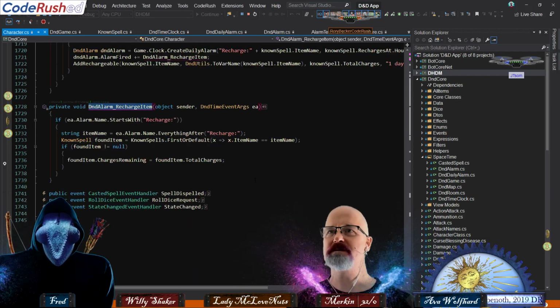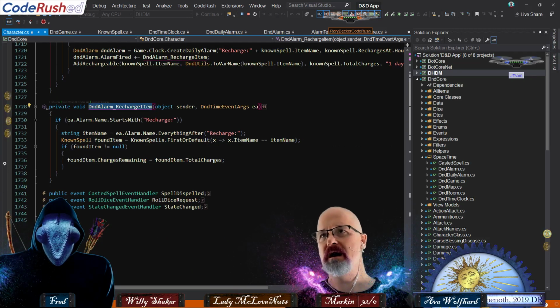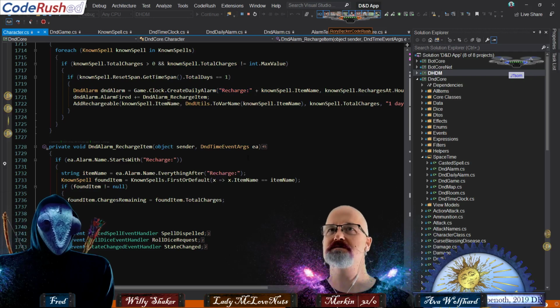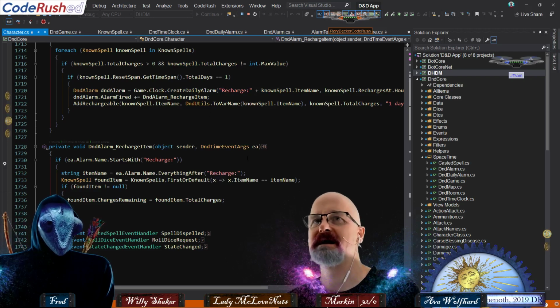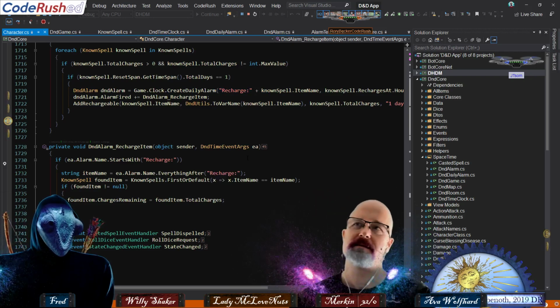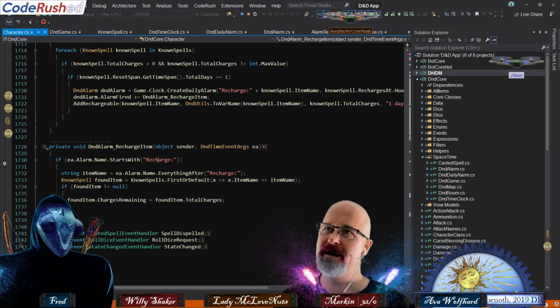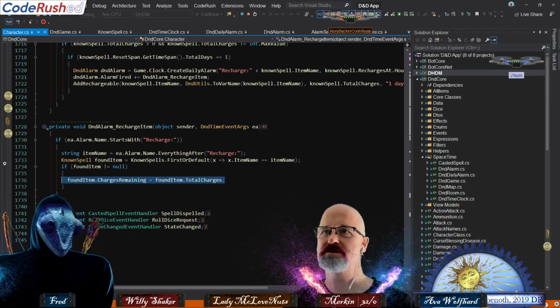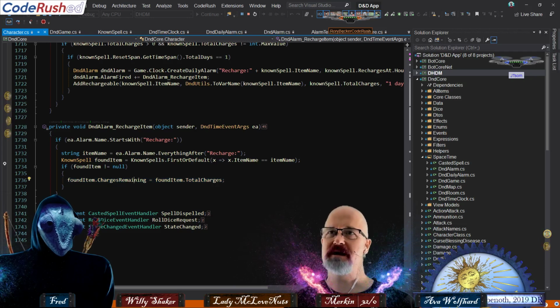And so when that alarm is fired for the daily alarm, we say, hey, if the alarm name starts with recharge, which it should because I'm popping it in right there, and guess who really needs to define that as a constant? That would be your friend me. And then we're getting the item name. We're checking to see if we got it in known spells. And if we do, we say charges remaining is equal to total charges. So we're just fixing that in the spell so the spell's got those pieces.